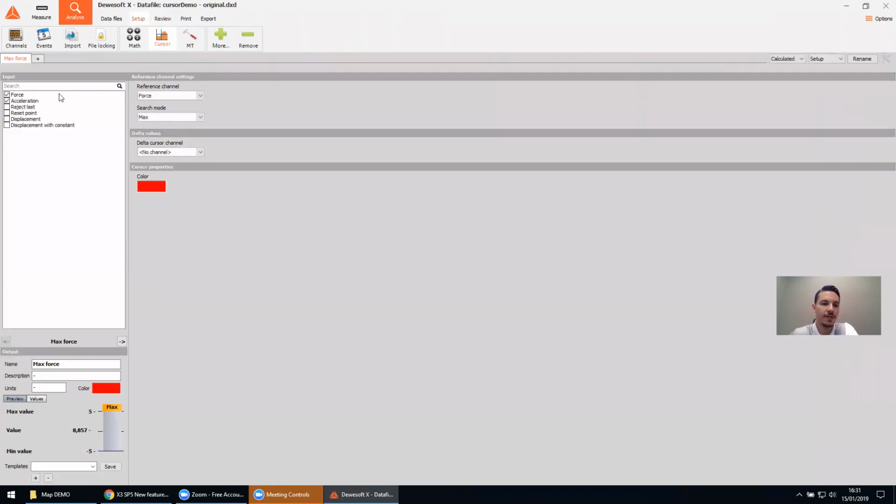Okay, this is the basic usage of the cursor module. What you can do now is use different search modes. So I just showed you the maximum. The minimum is pretty much the same, so I don't think it makes sense to show it. What I will do instead, I will add another cursor, and I'll rename this one to